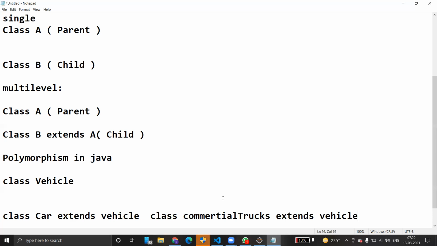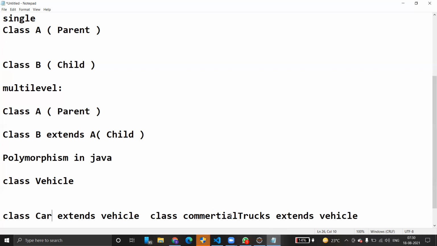As we can see, we had a common action for all the subclasses of vehicle, the gear system, but there are different ways to do the same action. Cars have a different gear system, and commercial trucks have a different gear system, but gear system is common for any vehicle. The gear system is common, but the functionality is different: the gear changing functionality for cars differs from commercial vehicles.